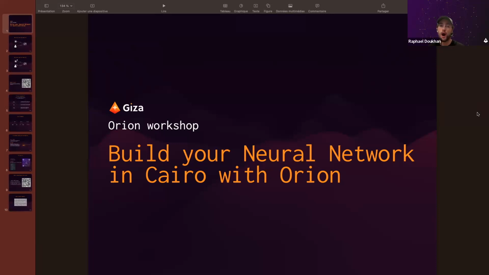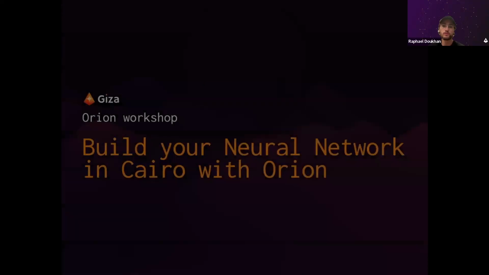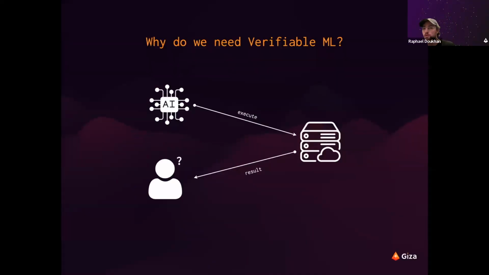So first of all, why verifiable machine learning? I strongly believe that AI models are becoming bigger and bigger in terms of computation. So we can't run them from our own device, and we have to delegate the computation to a supercomputer.